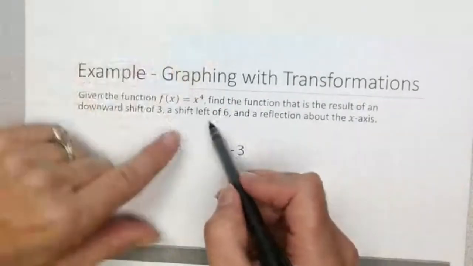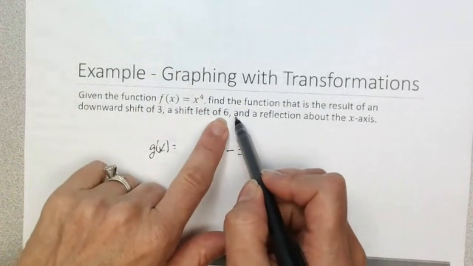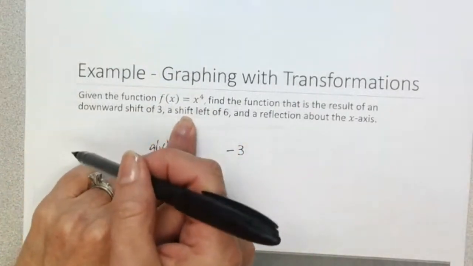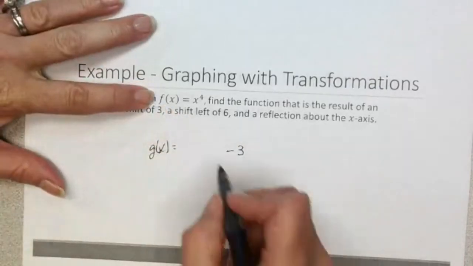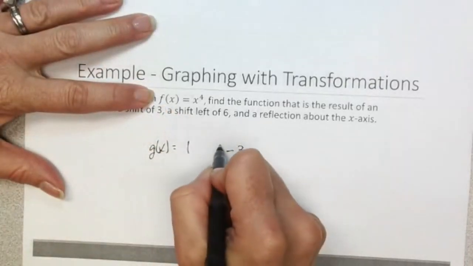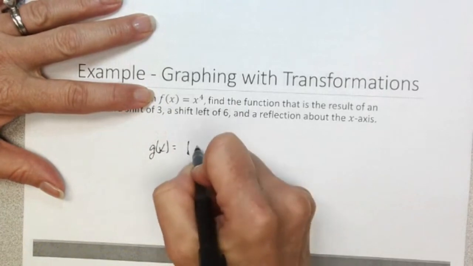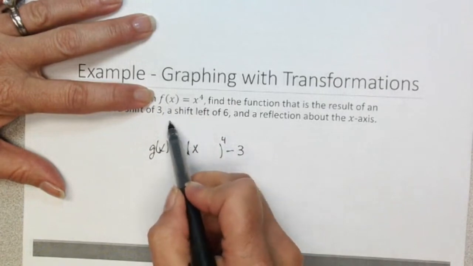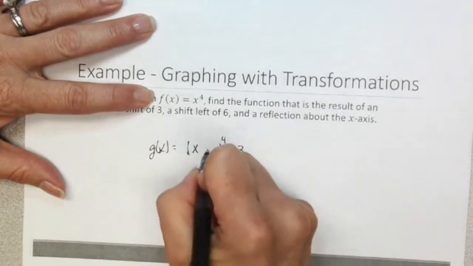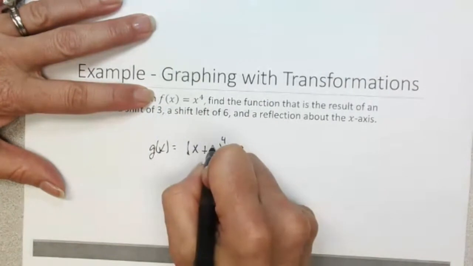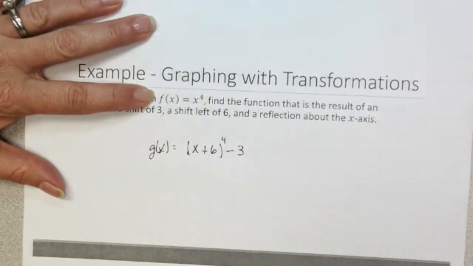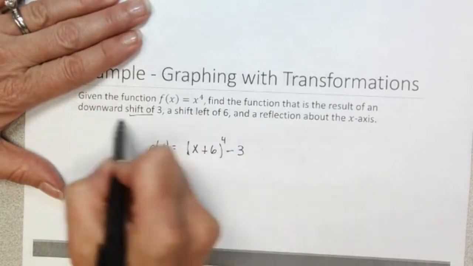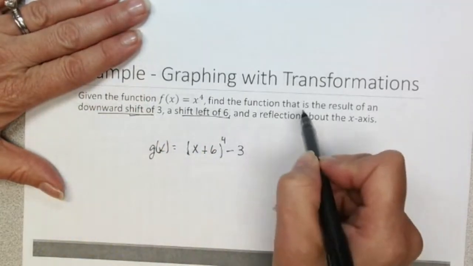To get the next thing, it says we have a shift left of 6. Well, shifting left 6, moving to the left, that means I have to add something to the x, right? Originally it was x to the fourth, but if I'm shifting left, that means add. If I'm shifting left 6, I'm going to need to add 6 to the x. Okay, so there's the shift down 3, shift left 6, and the last thing that's happening is